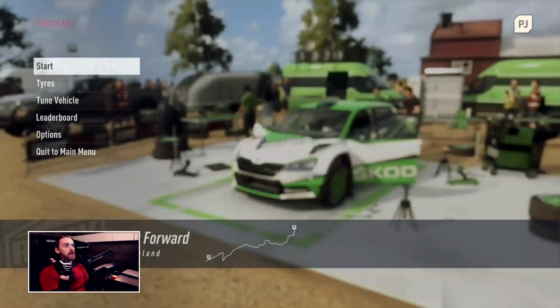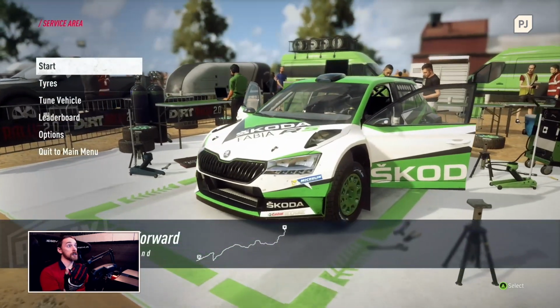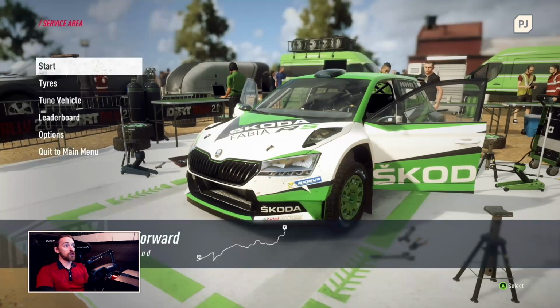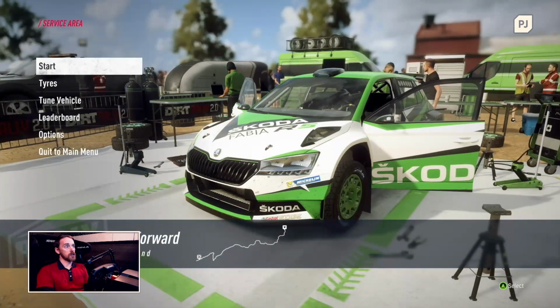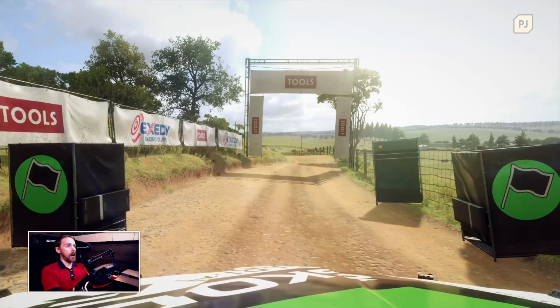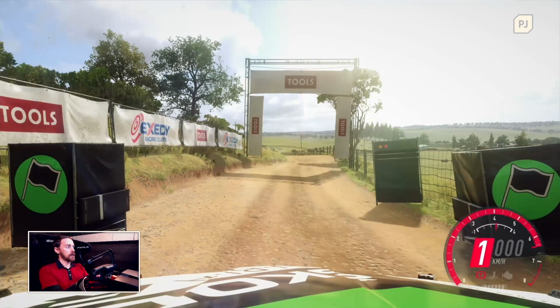And we are going to be driving the Skoda Fabia R5 today, which is a lovely little car, I have to say, and we're going to go straight into it. Make sure that I've got soft tires just to be absolutely certain, which I do. So here we are on the road. I've turned the co-driver off, so let's get going as we rev it up on the line